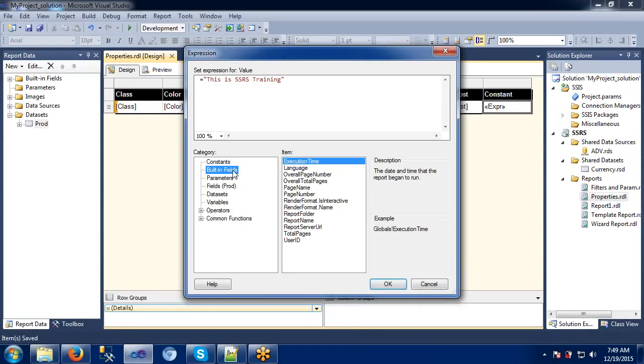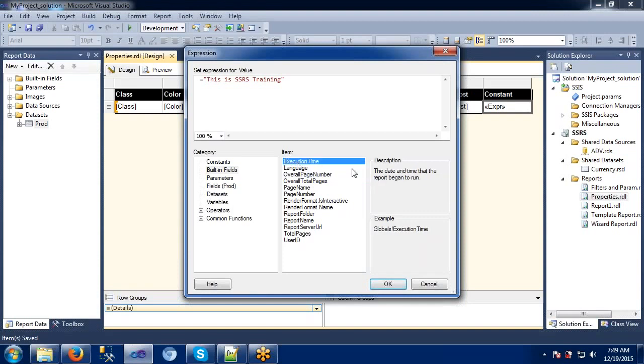Means we try to make use of what is already built in by the system. Let's say here we have execution time, language, overall number of pages, page name, page number. We have a number of things available in the built-in fields, which means these are all system defined.